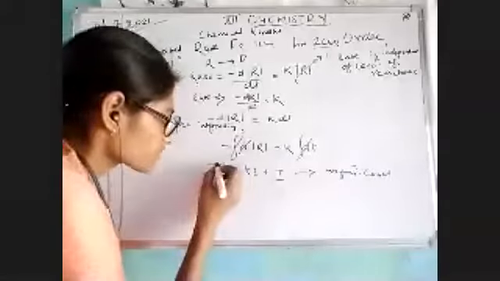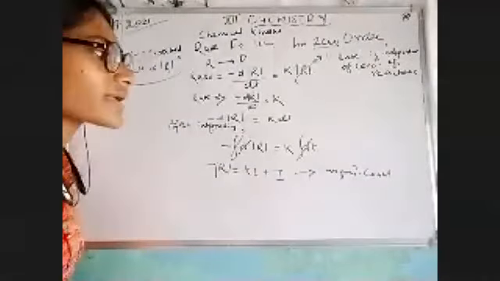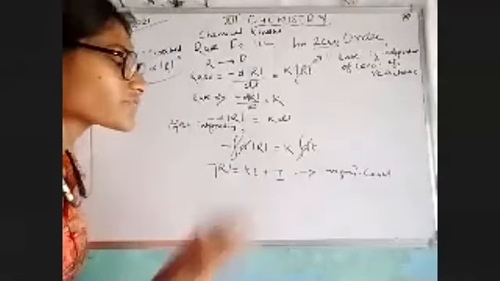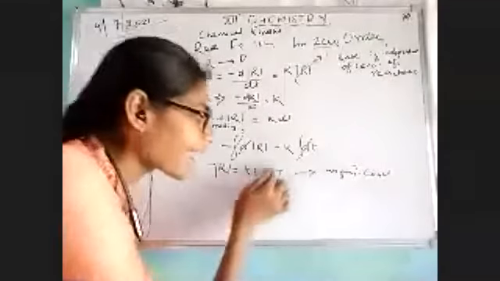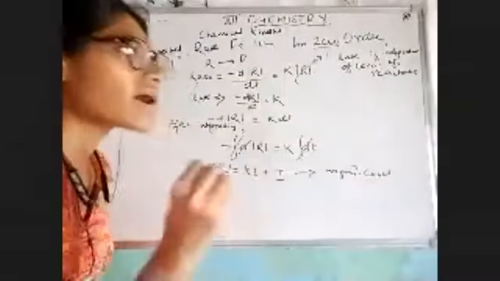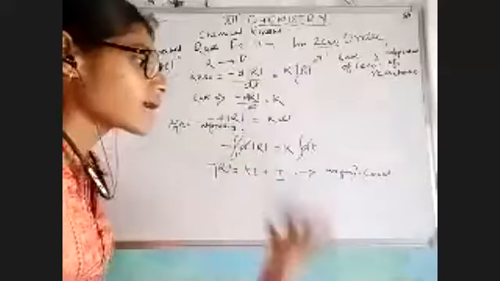So after integrating, we are getting minus r equals to kt plus I. After integration, the differentiation would be cancelled out. This is a complete equation, okay? But here we still have the equation between r, t and I, but we need a graph, we need an equation between r, t and r naught.